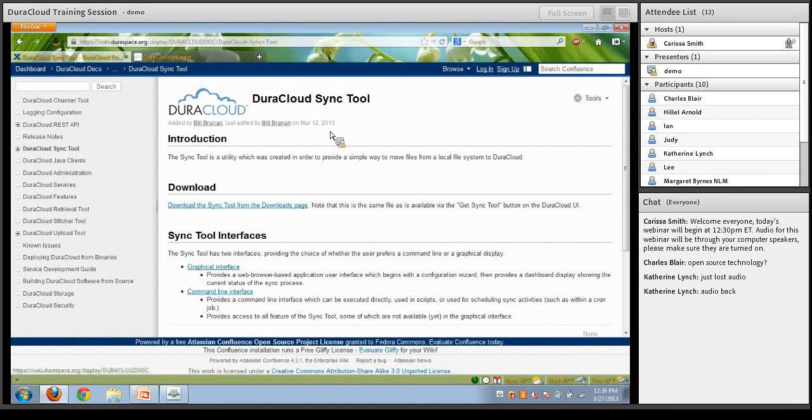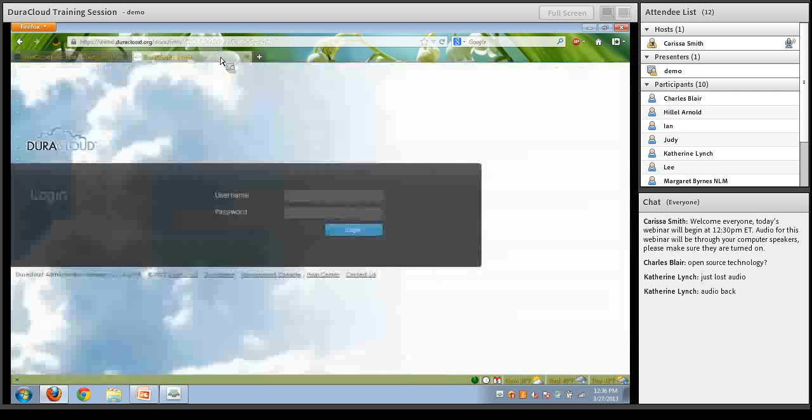So again, just wanted to note that the documentation is available whether you're a DuraCloud customer or not. But now, actually getting into the meat and the heart of the demo, in a new tab, I've opened up